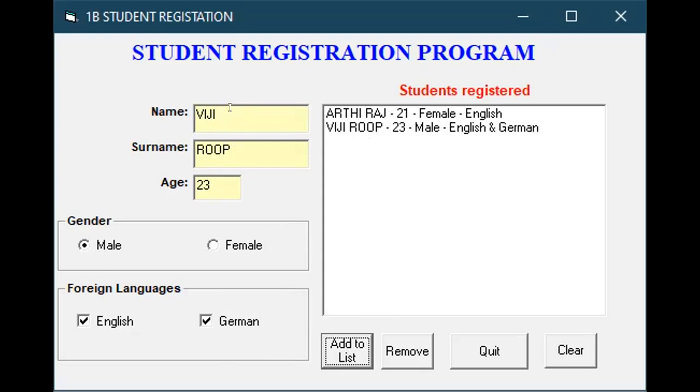For example, I will give one more record. I'm not selecting either language, so I should get none. See, name, age, gender, and none will come. This is the coding we have written for add item.